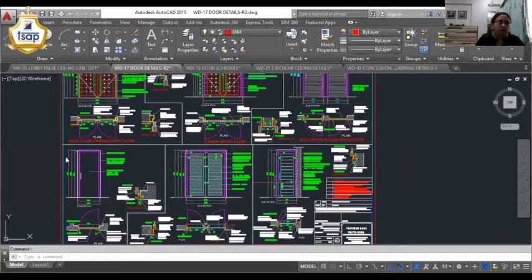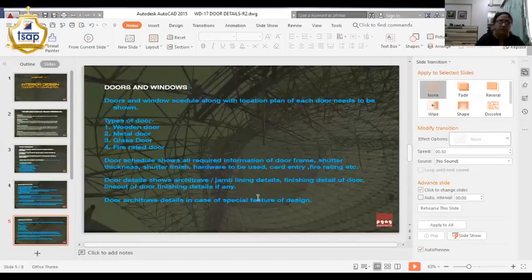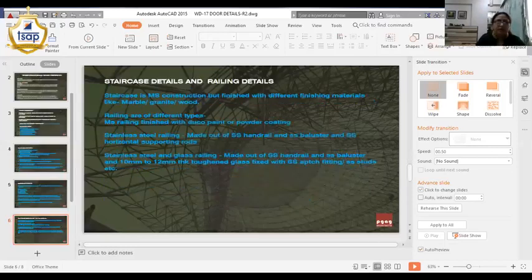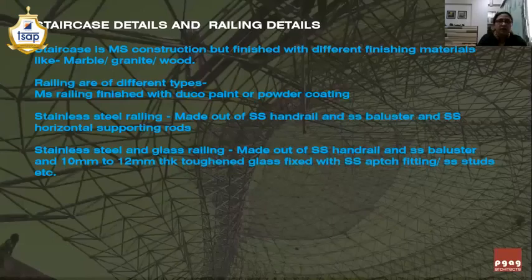Now going forward, after the door schedule, we will talk about the staircase and the railing detail. The staircase construction in interior work is generally done in MS construction. The MS construction can sometimes be done by the developer, and we need to do the finishing of the staircase.